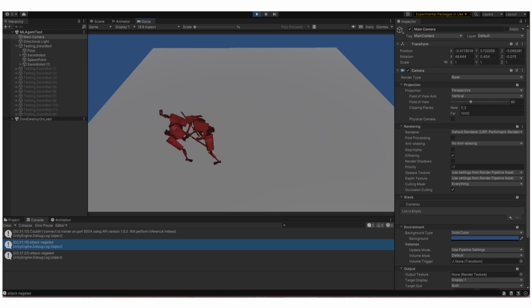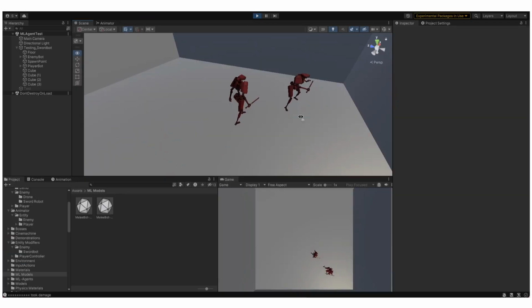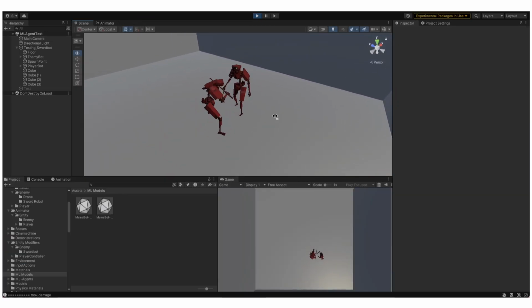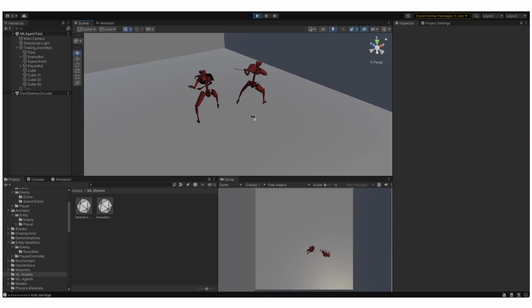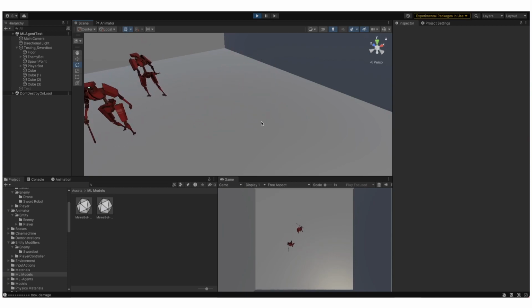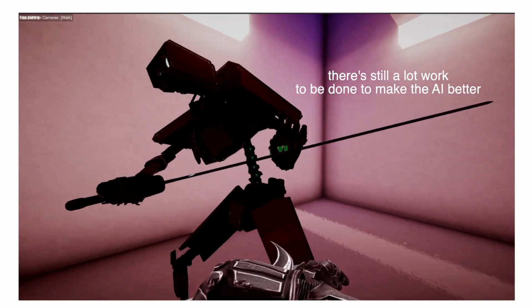After performing imitation learning, I was finally able to witness the AI fighting together. Of course, there were still some tweaks I needed to make, such as tweaking hyperparameters and various other configurations, until I had everything just right. Although, I still feel there's more to be done in terms of training and configuration adjustments.